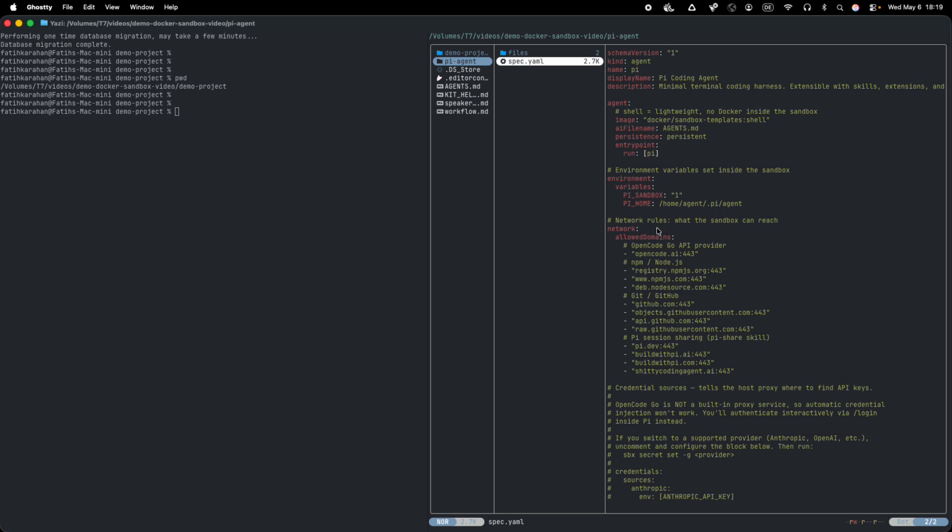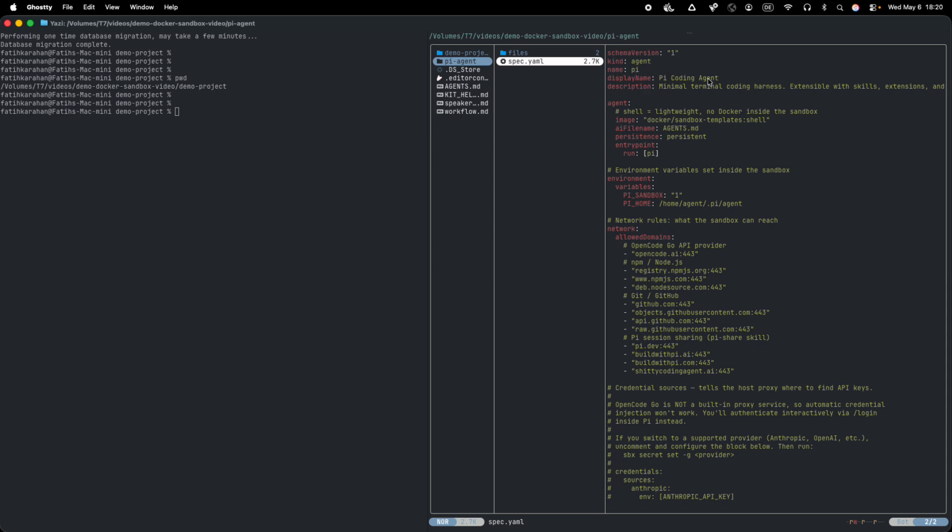What kind of network does the AI agent have access to? The environment variables. Do we want a sandbox with only shell commands, or do we want a sandbox with shell plus a Docker container? In this case, actually,